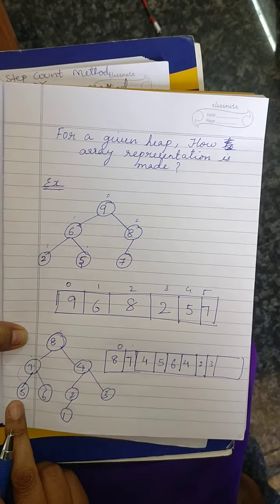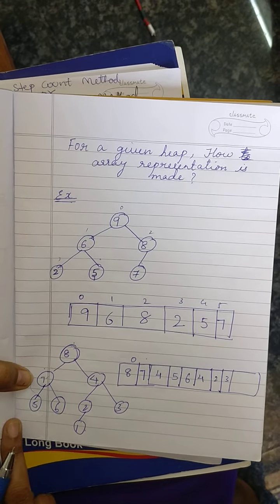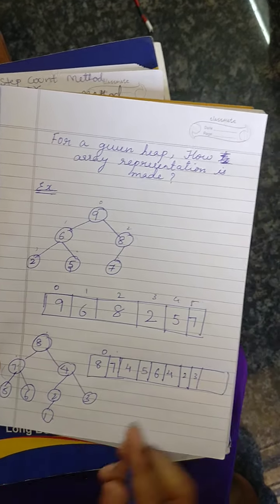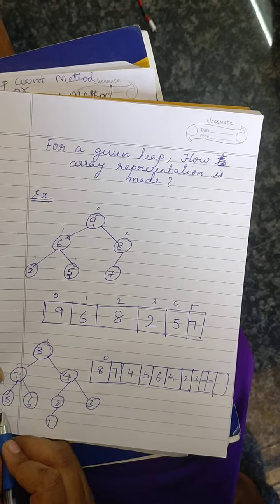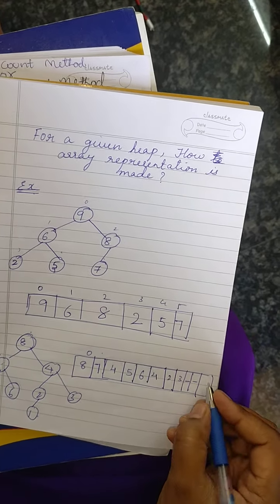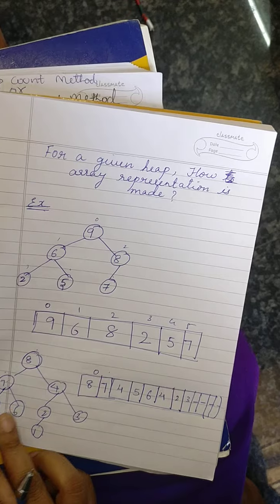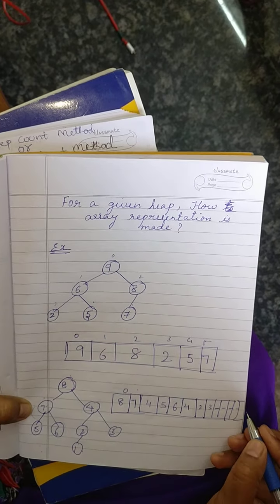Next, you should go again to the left hand side here. Do you have anything here? No. If you don't have anything, name it as blank. Because here you will be having a left child and right child, so leave it blank. Again come here, you will be having left and right child, so leave it blank. Again coming here, you have the left hand child. Left child you have, that is 1.